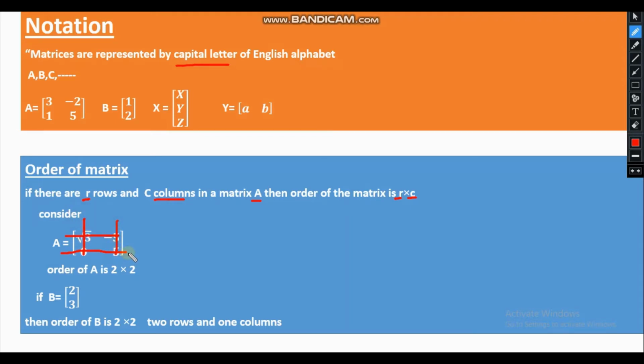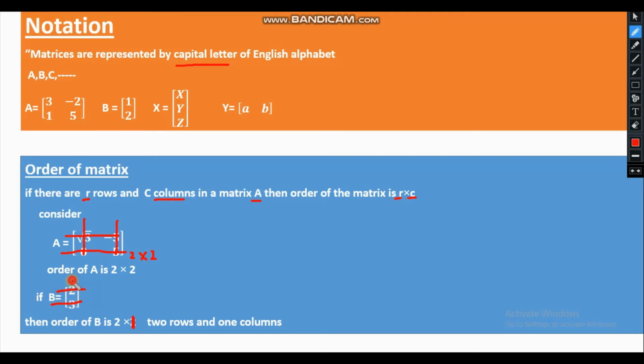We write rows first and then columns. So the order of this matrix is 2 by 2. If B is the next matrix, its order is 2 cross, sorry, 2 rows and 1 column. That was a typing mistake. So we can write it as a 2 cross 1 matrix, with 2 rows